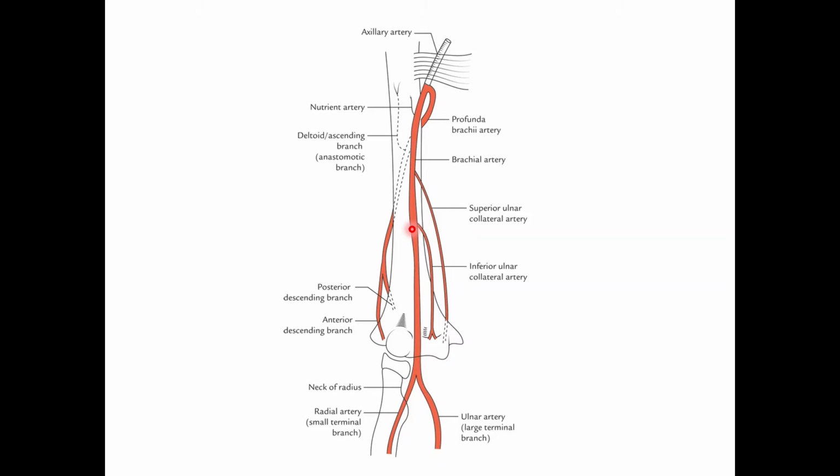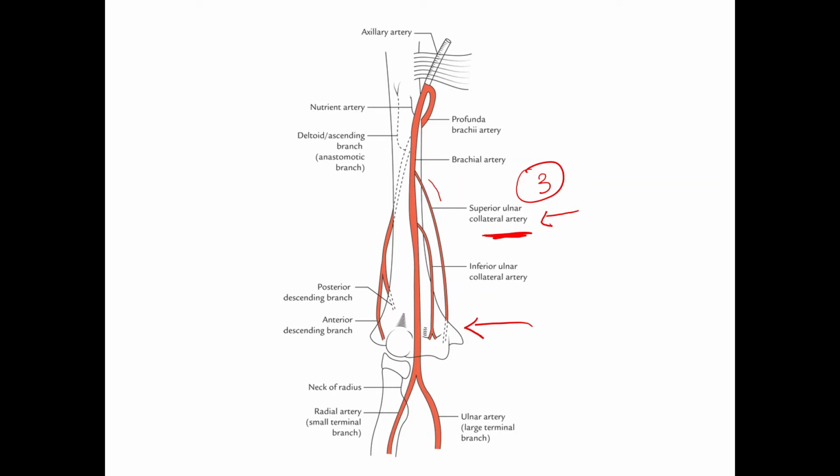The third branch is the superior ulnar collateral artery. Yes, this superior ulnar collateral artery is the third branch arising from the brachial artery. It arises somewhere in the middle of the arm, just beneath the insertion of the coracobrachialis. Once this artery arises, it runs medially, pierces the medial intermuscular septum along with the ulnar nerve and descends down along the posterior part of the lower half of the arm. At the level of the elbow, the same artery pierces the deep fascia and takes part in the elbow anastomosis.